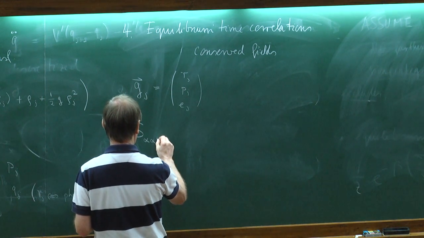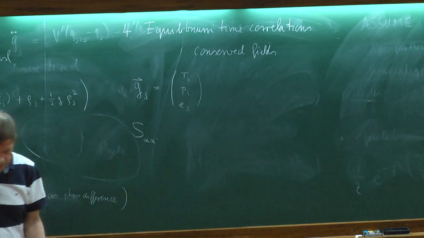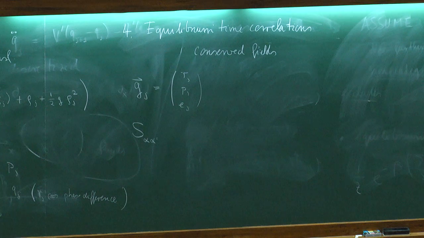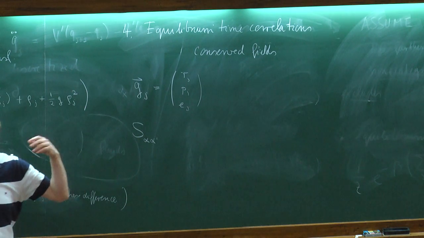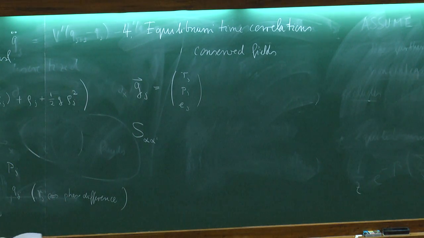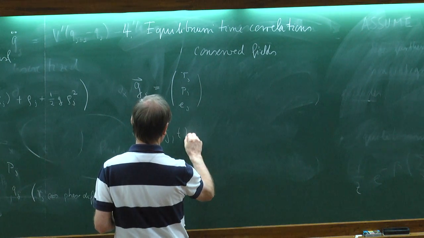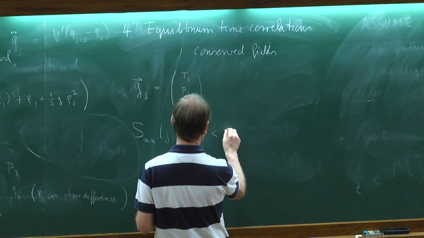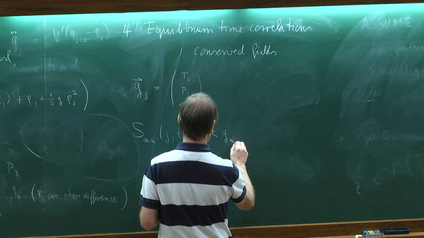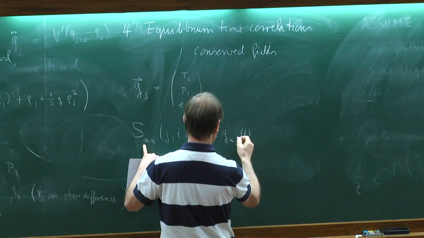And I typically put the matrix elements down here as an index. But very often I also use a notation where I simply omit these indices, and then I have to remember that I'm actually working with a 3 by 3 matrix. And that, of course, depends on j and t. The definition is sort of the obvious one. So I take, let's say, the field alpha at lattice point j at time t.